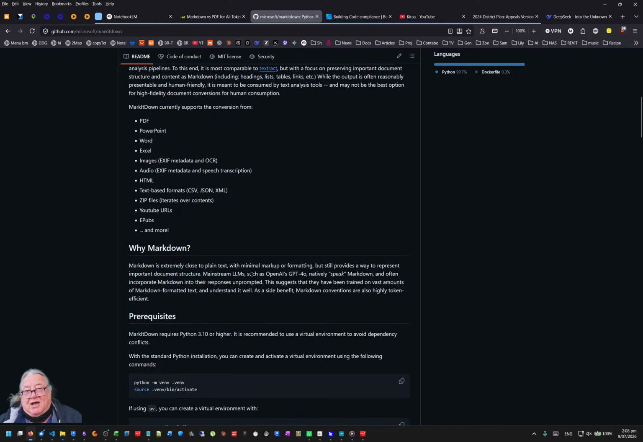Mainstream LLMs, large language models, such as OpenAI's GPT-4, natively speak Markdown and often incorporate Markdown into their responses unprompted. This suggests that they have been trained on vast amounts of Markdown formatted text and understand it as well. A side benefit, Markdown conventions are also highly token efficient, so it's able to process them a lot more quickly. So in that example, I showed you the two files, the PDF file, which was